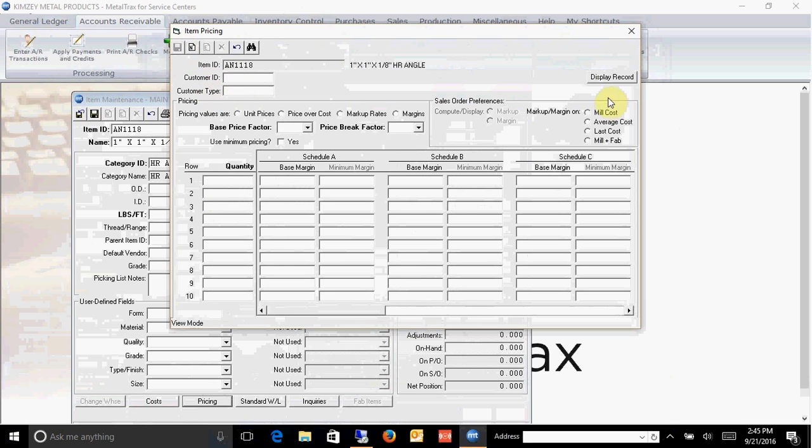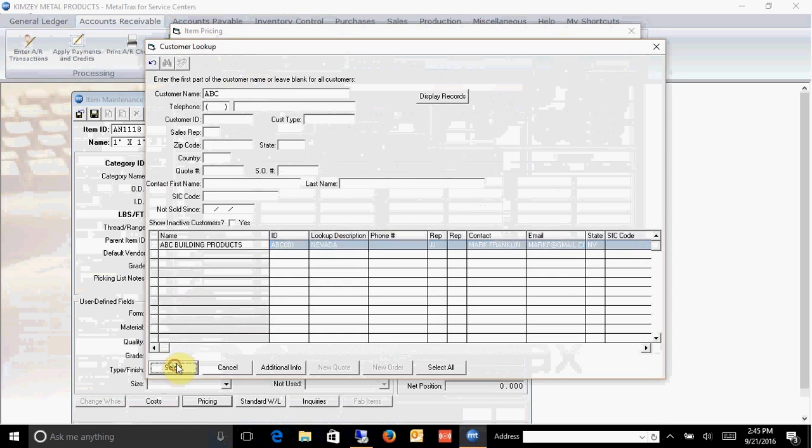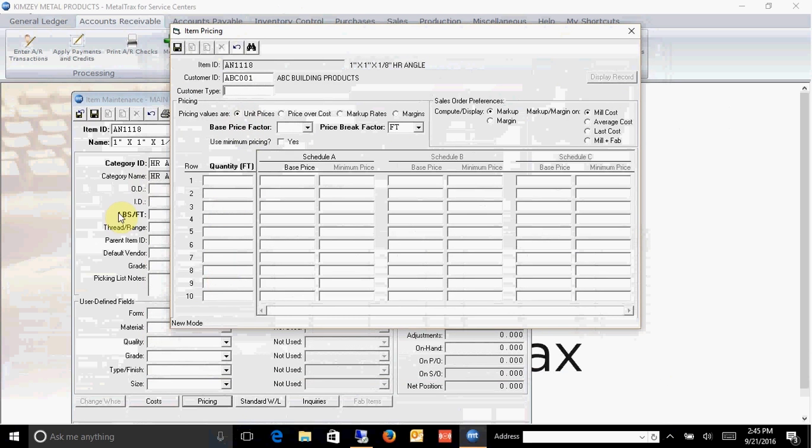In other words, if I'm right here and I hit display, that's my general pricing. If I did customer type A and hit display, that's my customer type pricing. Remember, that will override your general pricing. The last type of pricing is called customer specific. Again, I can click new here, and I can say, however, my ABC company is special. They're not only an A customer, which they are, maybe they are even more of a special customer, and so I want to give them a straight